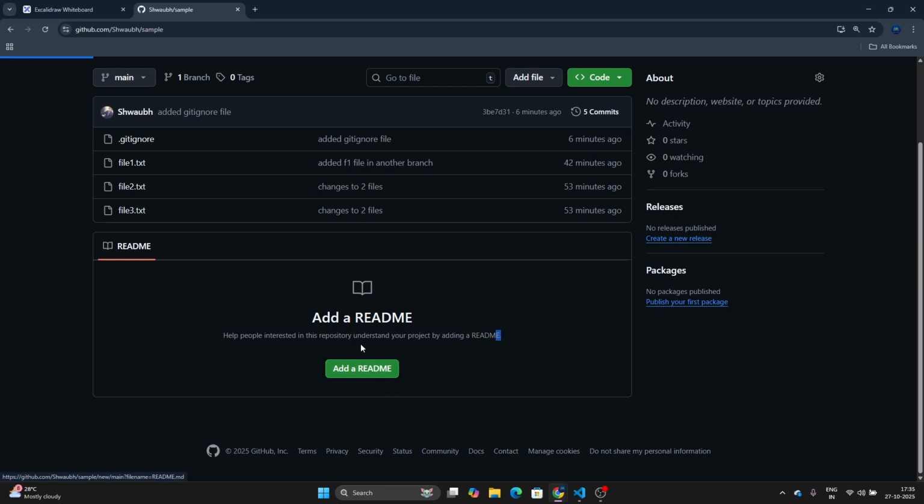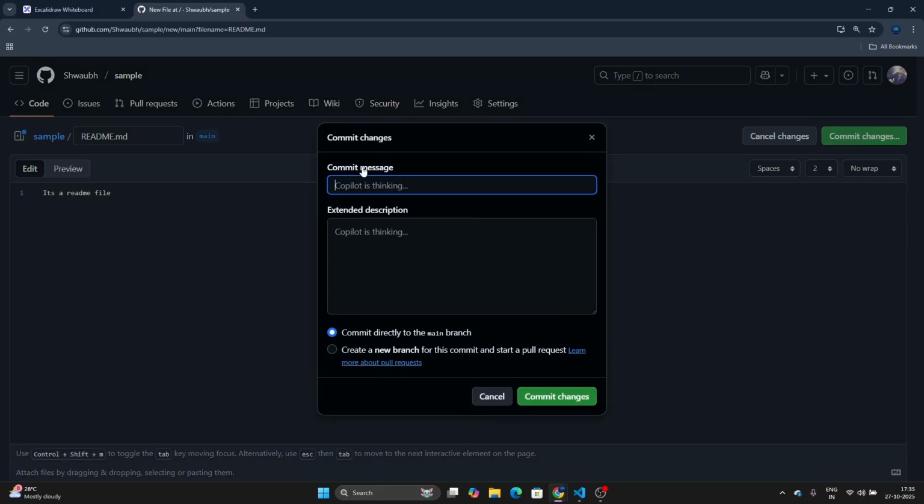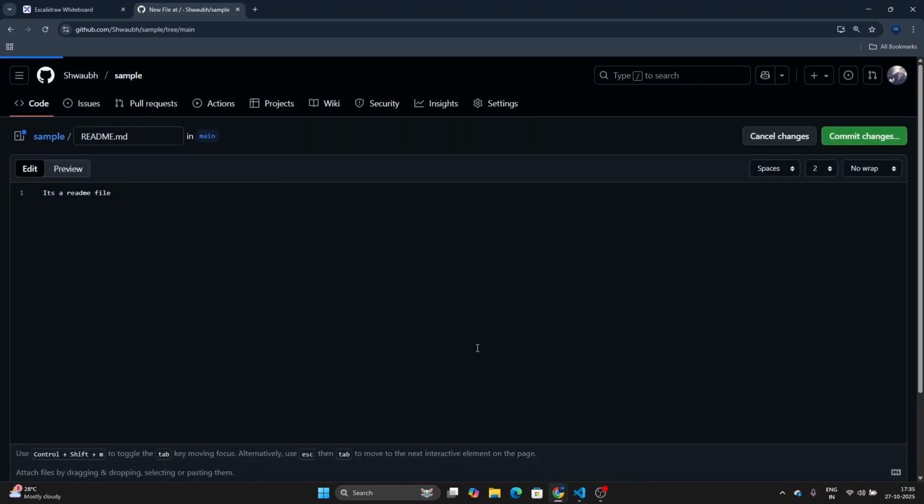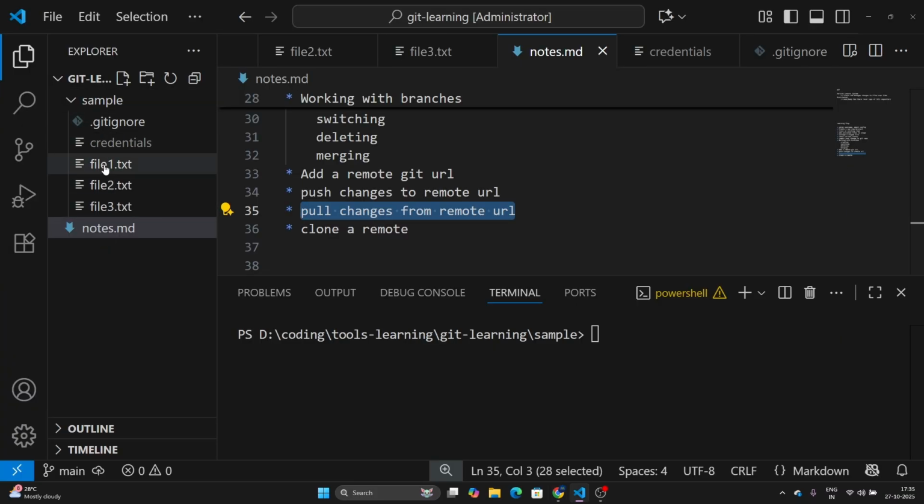When I say add readme, in the readme let's add that it's a readme file, right? Commit the change, and it will ask you for the message. So let's give a message as add initial readme file. Commit the changes directly to the main branch, and once this is done, you will see that in the remote repository you have a file readme.md, but in the local repository you do not have that file in your local system. So you will have to pull the changes from the remote URL, and to pull the changes